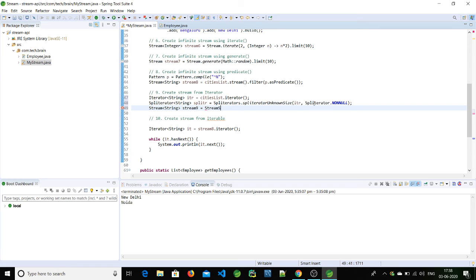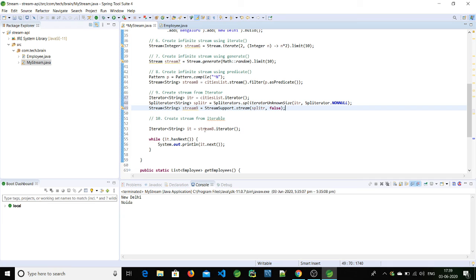StreamSupport will call the stream method, and here we'll pass the spliterator, that is splitr, and the second argument says whether it is a parallel stream or not. Here I just want a non-parallel stream, so I'll give false. It expects a boolean value.